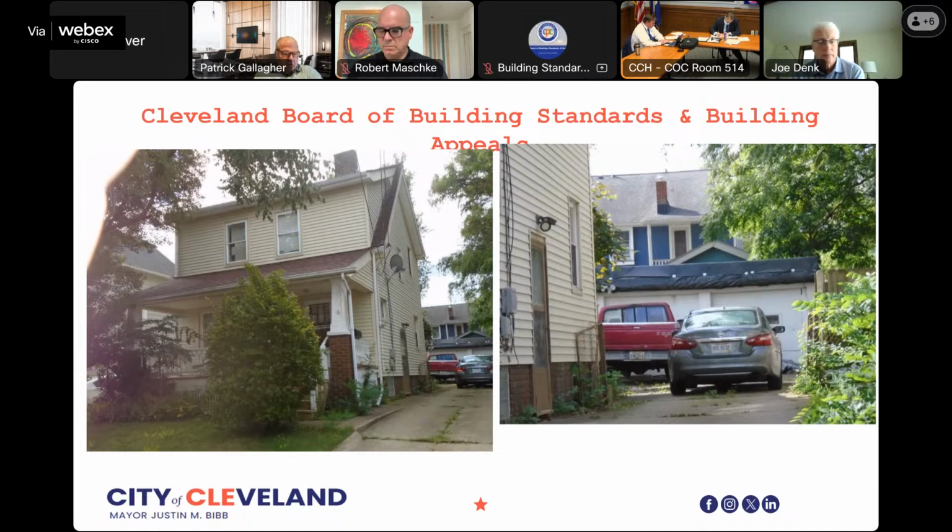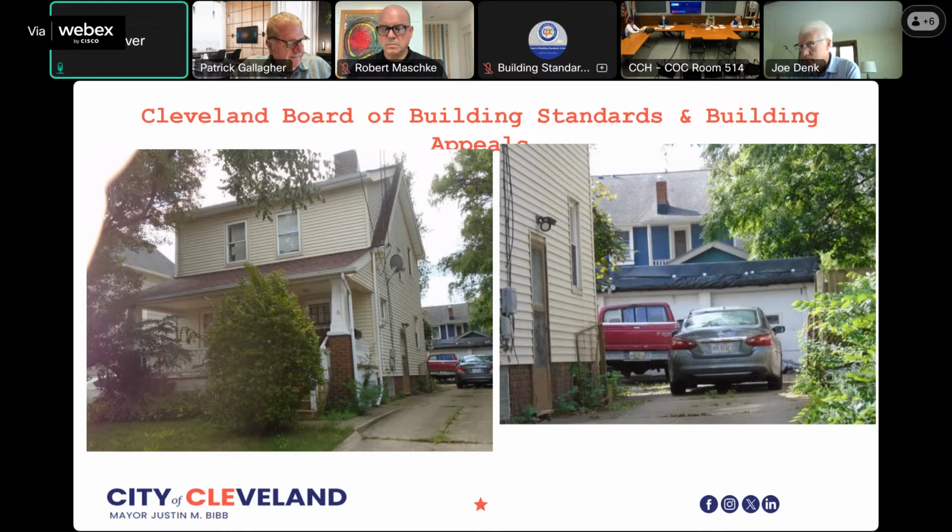Yes, Mr. Chairman, the violation notice before us is for failure to register a rental property. Our records do not indicate that the rental registration has been applied for or obtained. I would ask that you, as you're aware, all rental property in the city of Cleveland are required to be registered with the city of Cleveland. As such, prior to their rental, we ask that you deny any more time and remand it back